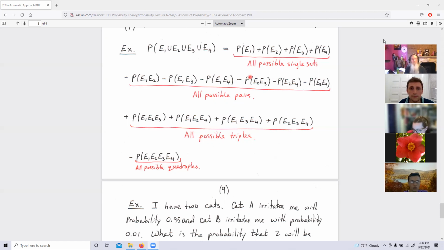Very good, Nicholas. Do you see why that is the case, guys? What is 4 choose 2? 4 choose 2 means we have 4 different sets, and every combination means select any 2, right? So it would be 4 choose 1 for singletons, 4 choose 2 for the pairings, 4 choose 3 for the triples. That's how many we have.